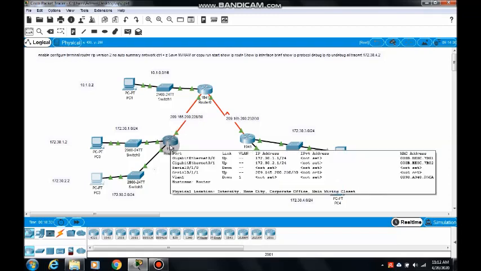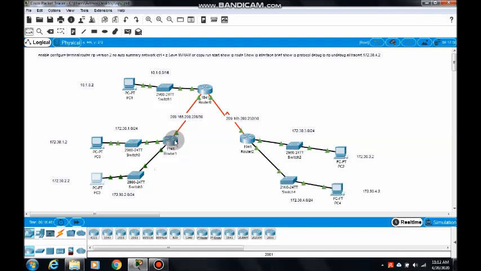So the configuration of the router involves IP configuration and the RIP version 2 configuration. Now we will see the IP configuration for the interfaces of router 1.